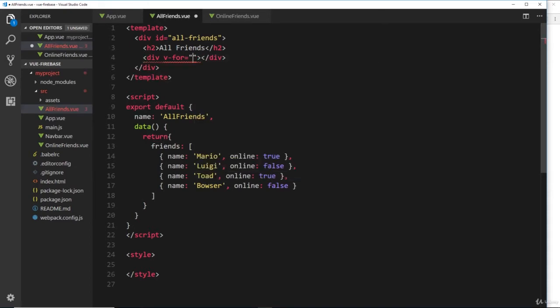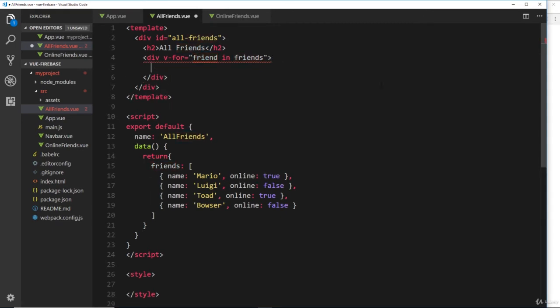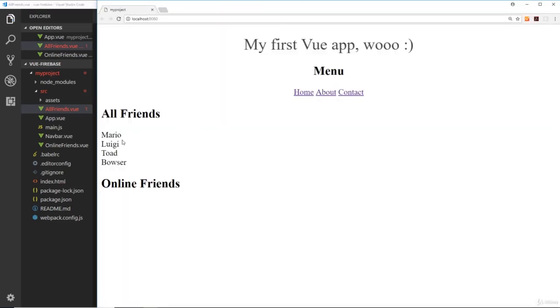So let's say, first of all, v-for friend in friends. So we're looking through the friends array right here, and we're referring to each item inside that array as a friend, so we can have access to this as we loop through those friend items. So for each one, let's just output the name. We'll do a span tag, and inside curly braces to output data, friend.name. Okay, so if we save this now, then we should see that output to the browser, Mario, Luigi, Toad,